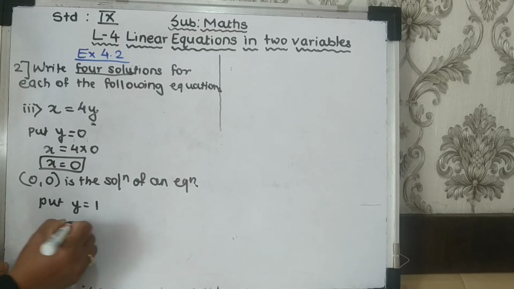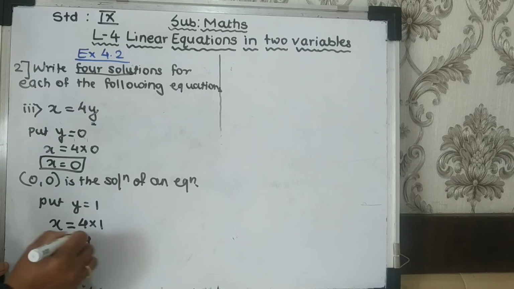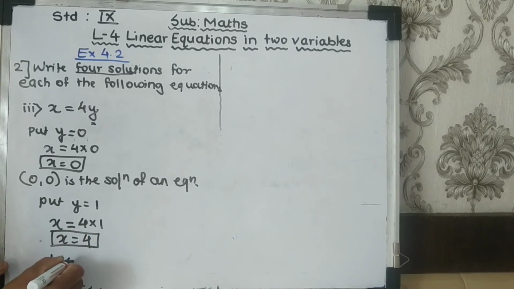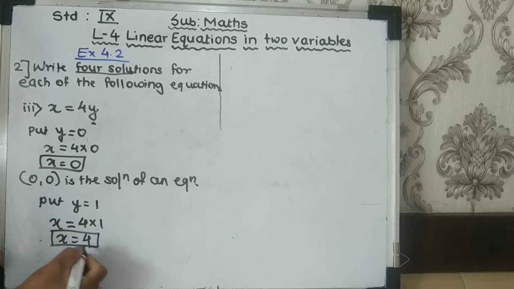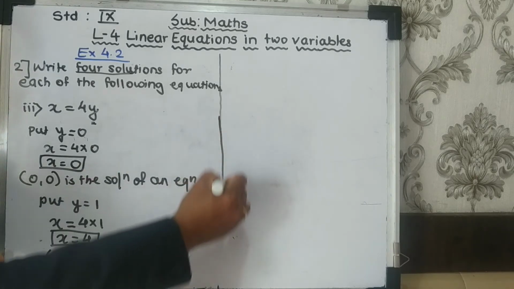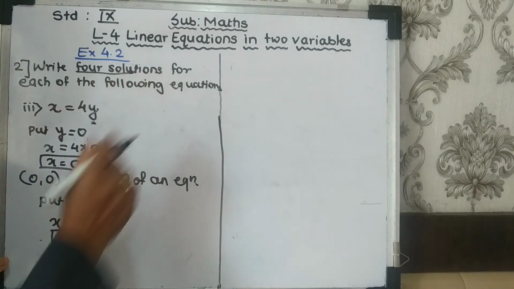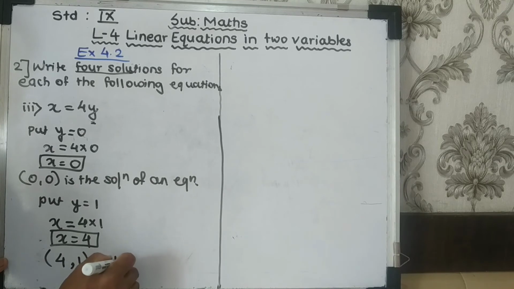So x is equal to 4 into 1. So x is equal to 4 ones are 4. So when we put y as 1, the x value is 4, the y value is 1. Means you can put any value, just have to see carefully which value we will put so that it becomes simpler for us to solve, right? Now y is equal to 1 we have done, is the solution